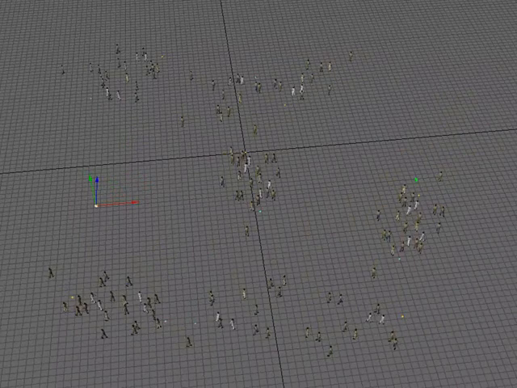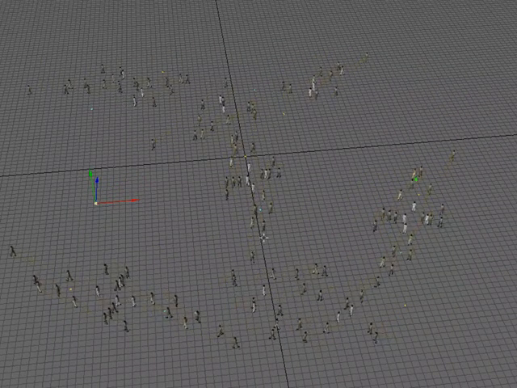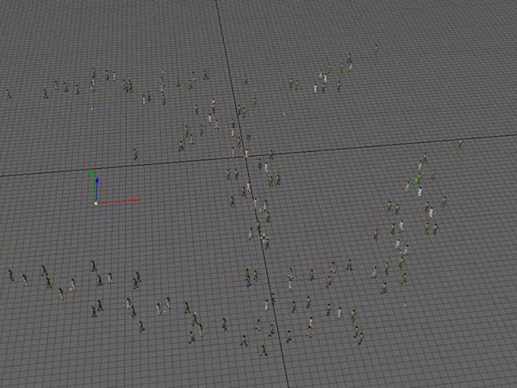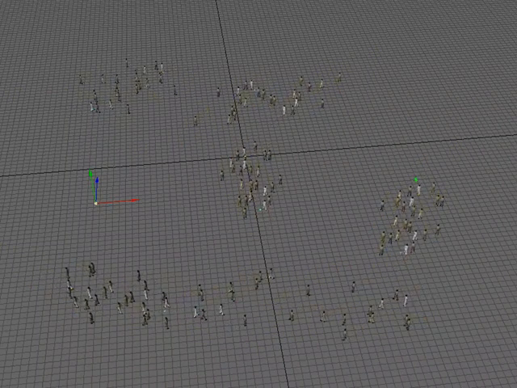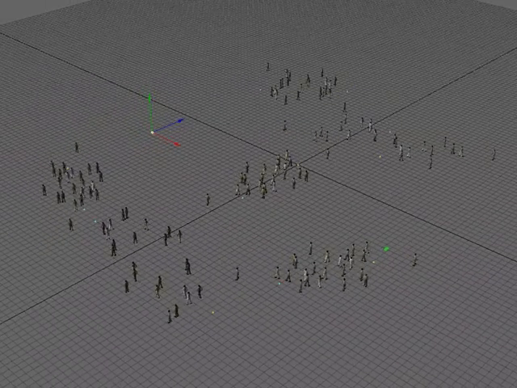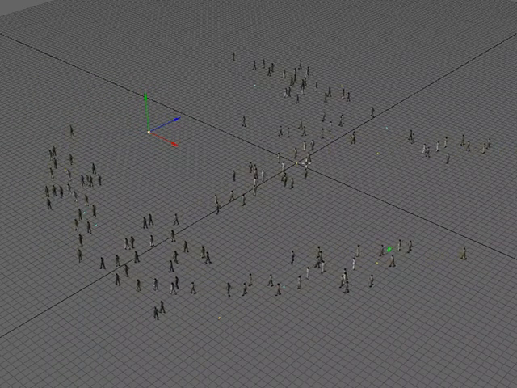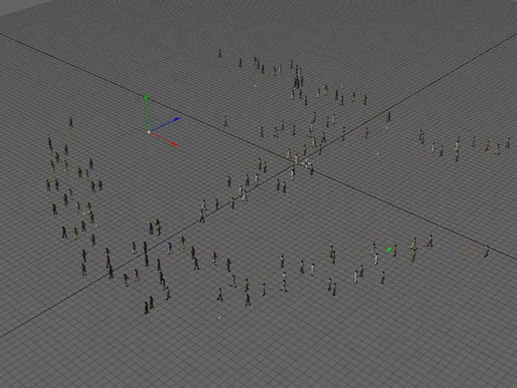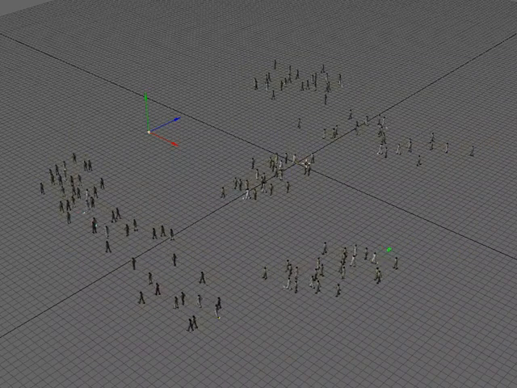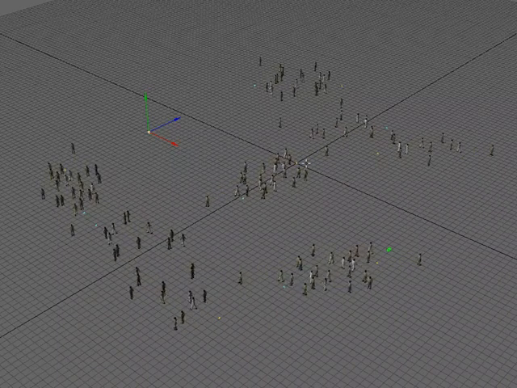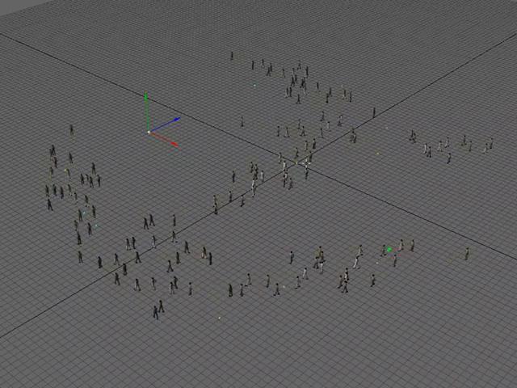But one thing to keep in mind is you get this many characters in a scene, and it might start getting scary. You might have a lot of geometry, a lot of bones. If you're using IK, that might come into play. Well, the beauty of this scene, we've got these characters and they're walking city streets or kind of shopping in a mall or something like that, but we don't have to go through that much trouble to get this set up, and we don't have to take that much of a calculation hit or render hit because this is actually